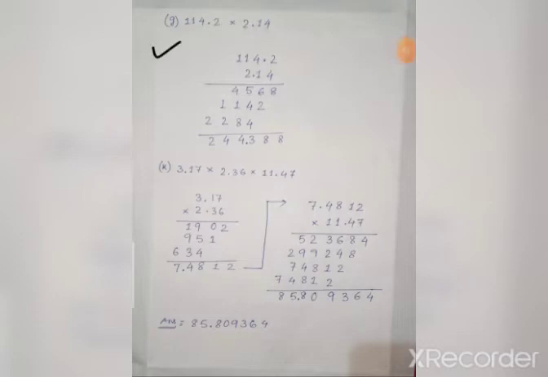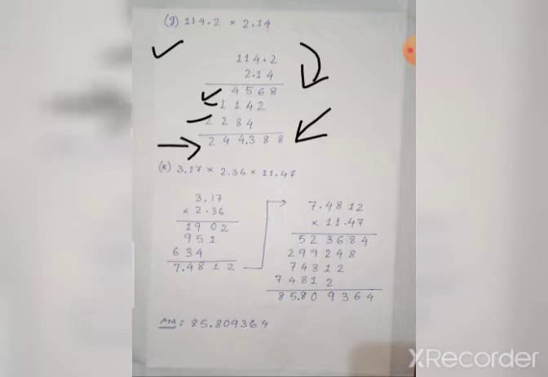Next, in question C, you think of the question as 114.2, so you forget about the point. That means 1142 into 214. You multiply by thinking of these as whole numbers. 114.2 and 2.14, you multiply these like before as whole numbers. I am putting the decimal only in the answer. In these 3 lines I have not put any decimal, so you also do not put any decimal in these 3 lines. Just put the decimal in the last line, the answer.